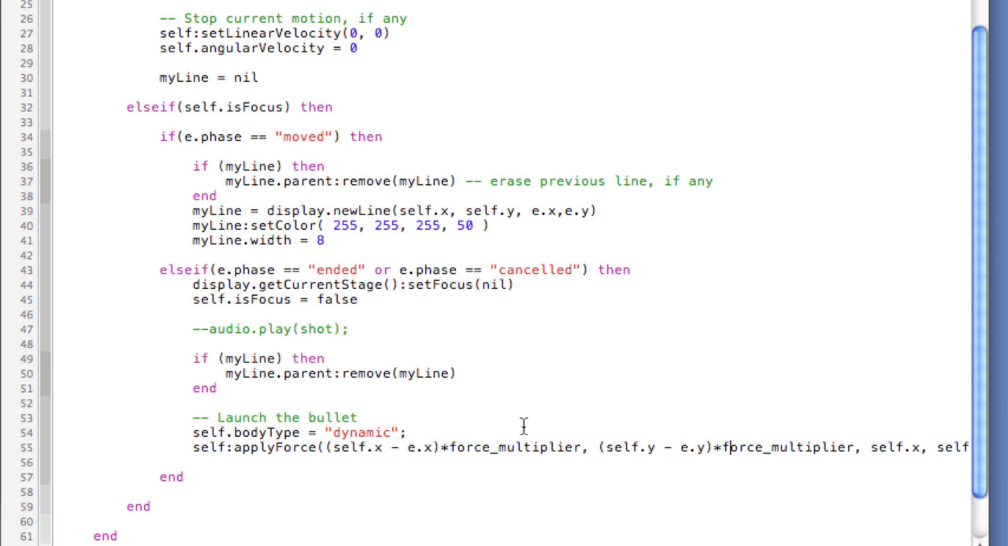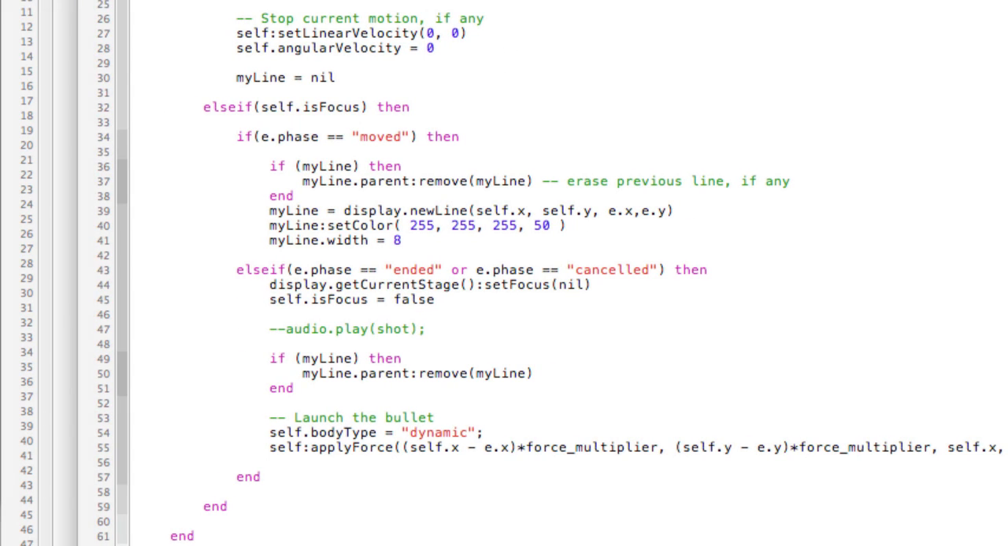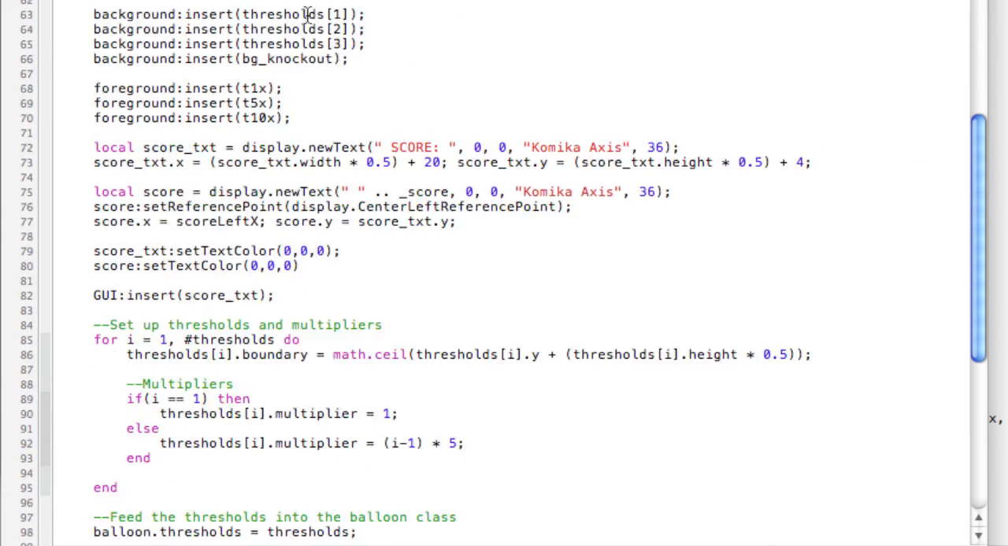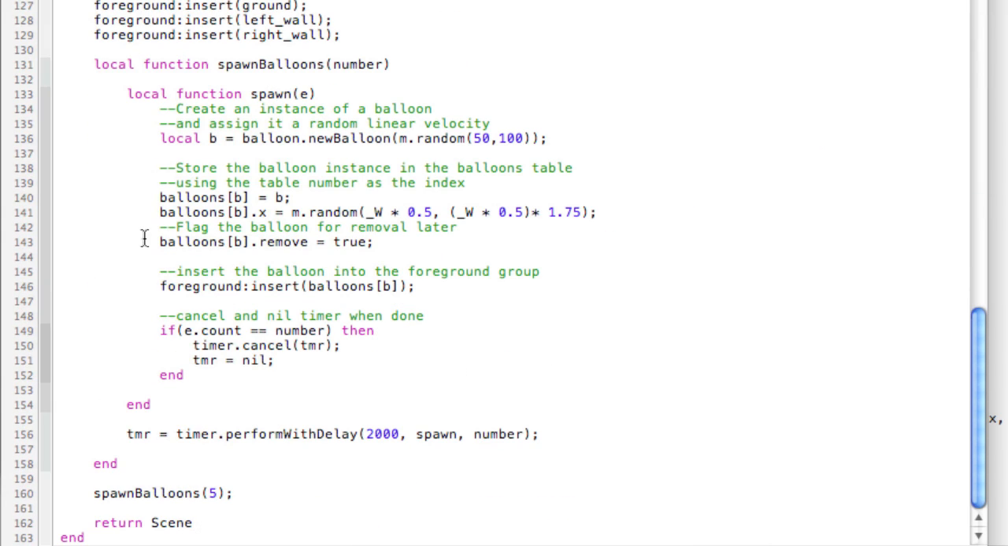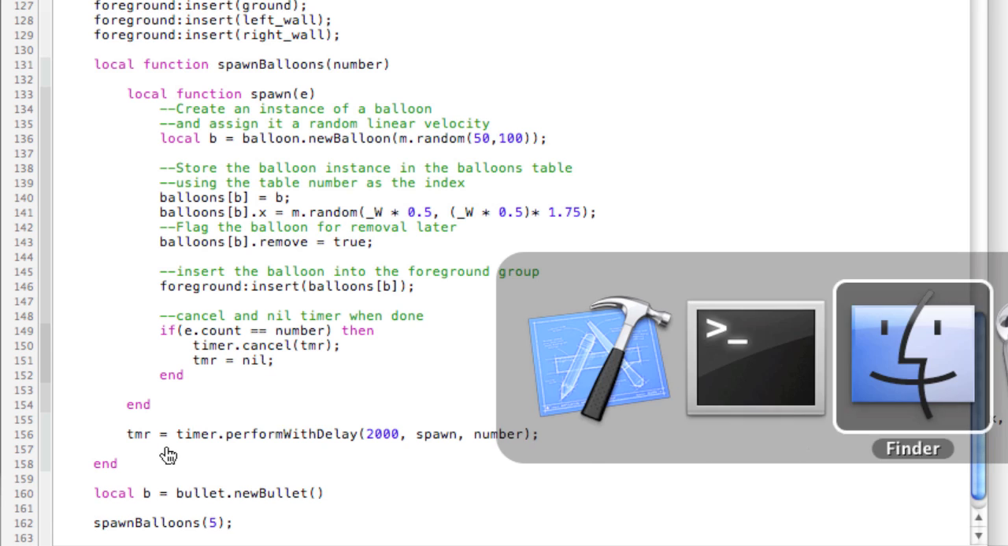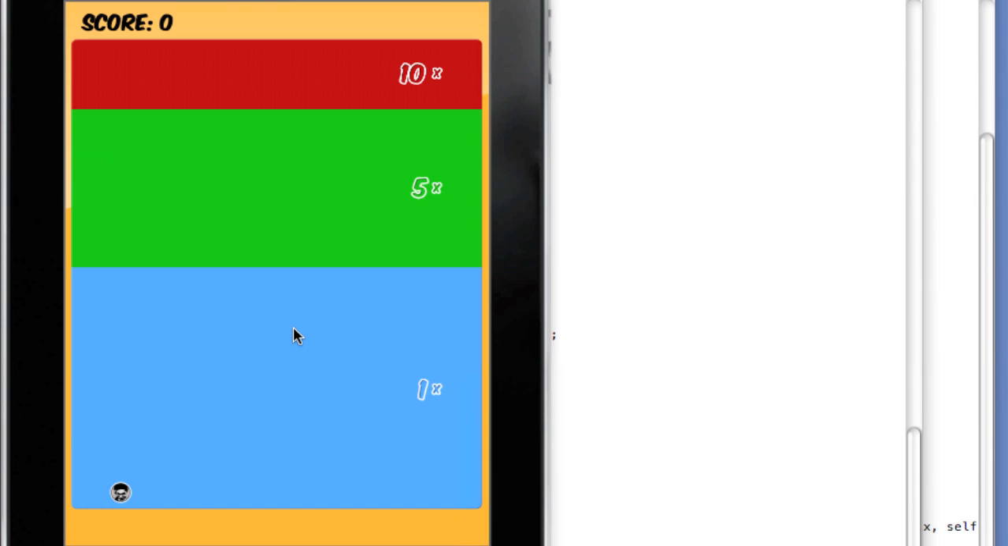So obviously I know you want to see this thing launch, so we'll save it and head back to game.lua, and we need to call a bullet. Okay, so just as we spawn the balloons, let's create a single bullet, then we'll worry about creating a spawn bullets function. Local b equals bullet.newBullet, and then actually that should be just fine. Let's create the simulator. There's our bullet,